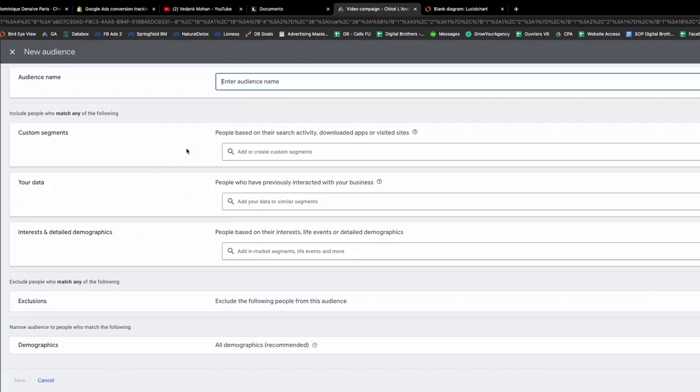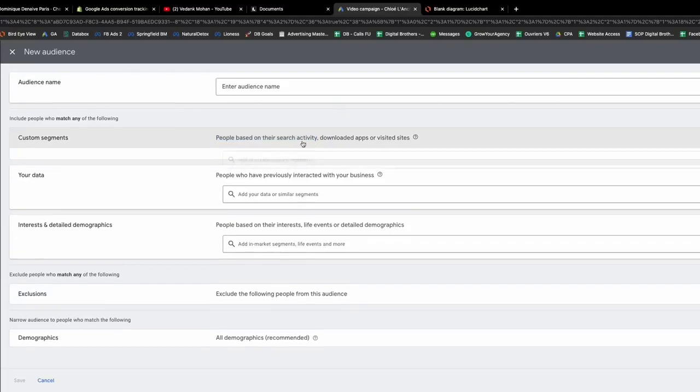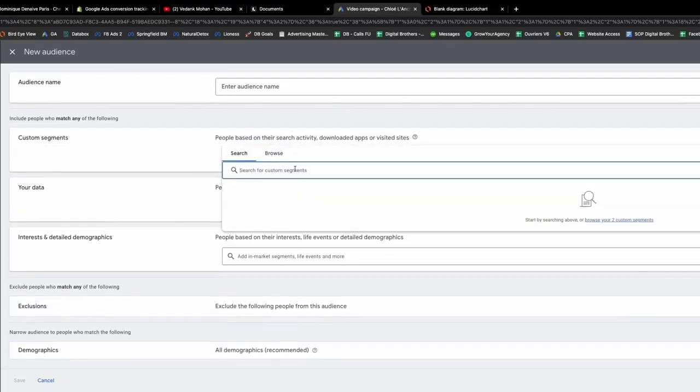So as you can see here, you have multiple audience settings, so you can create an audience based on custom segments. So this is pretty powerful, but this is something we're not going to use today because we don't have enough data yet. But you have to bear in mind that Google will actually record every single search query coming from any kind of user. So let's say you have your Gmail account installed on your Chrome session, and you search often for restaurants or fitness accessories. Google knows that you are a fitness lover or a restaurant lover, for instance, and then we can just type in some keywords here to actually include you in a segment that we will be able to target